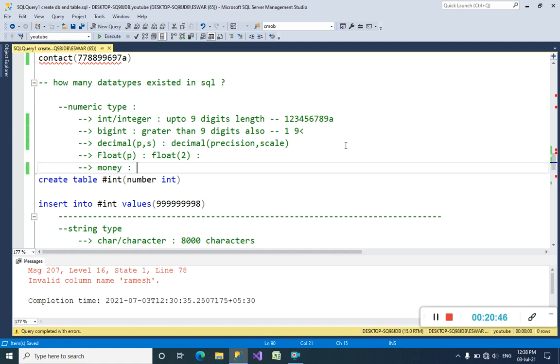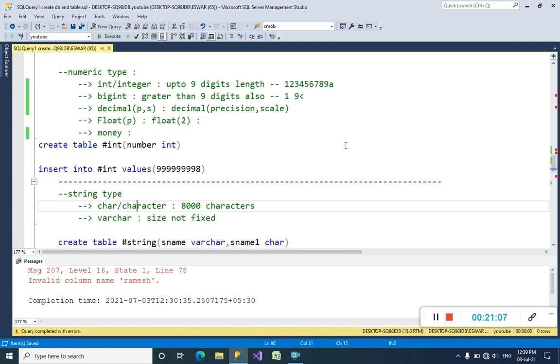When you want to store salary or fee, everything comes under the money data type, guys. When you want to store fees in a column, then definitely you have to use money as a data type. I will show you after we finish all the other remaining data types.